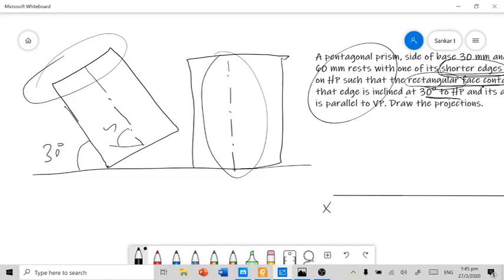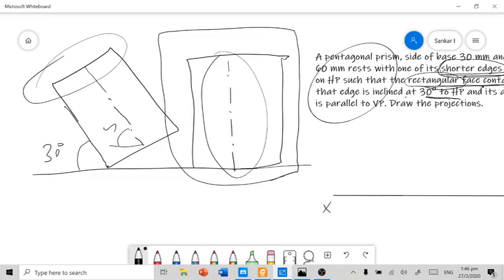So in my imagination, I am tilting the solid, making the axis perpendicular to HP. In this way, you can see the solid base as a pentagon from the top view.